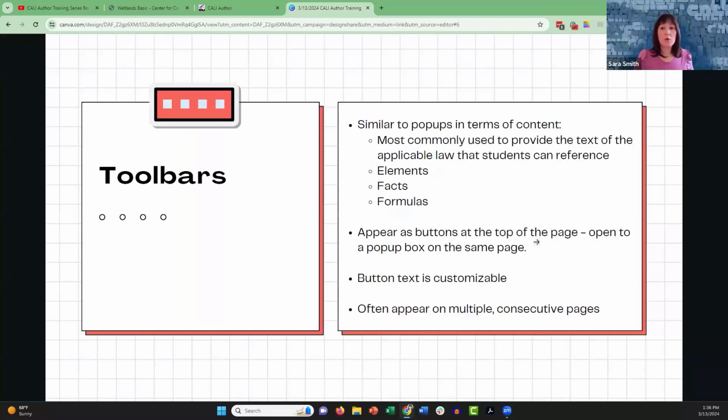All right, so toolbars are similar to pop-ups in that you can provide all the same types of content in them. I think they're most commonly used to provide the text of the applicable law that the students can easily reference on the page, elements, facts, formulas. So if there's a factual scenario that the student is having to refer to in order to answer the questions or to just follow along, to provide those facts easily on the page, but again, not within the text on